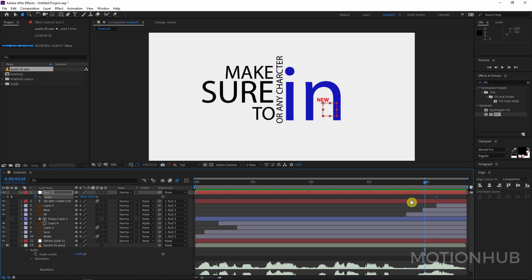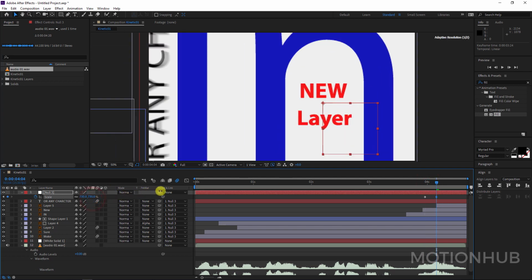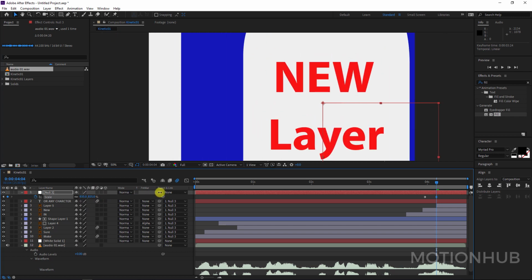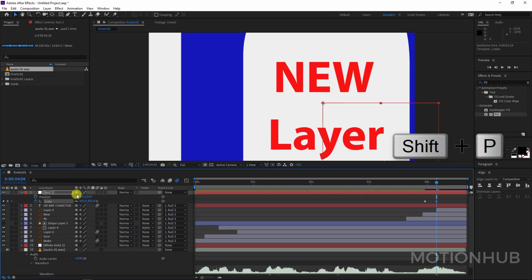So new layer, and I will move the in position here. The out position will be like this, and now we will make it bigger, something like this, and with the shift key pressed, hit P to reveal the position and set a keyframe here, move it here, and then I will adjust the